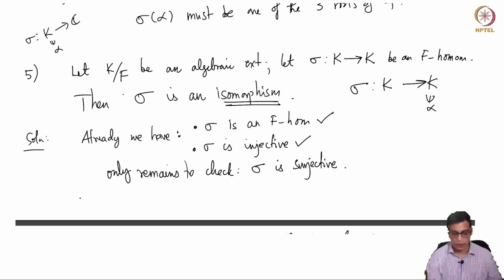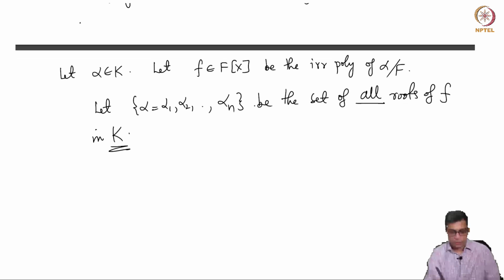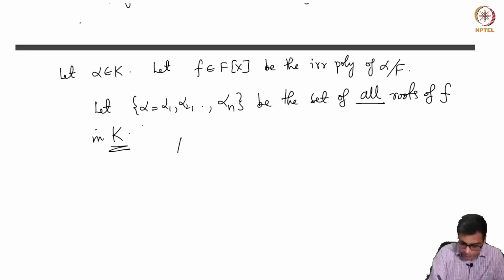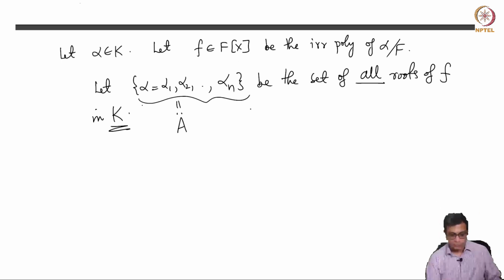All we know is that K over F is an algebraic extension. So it will have some roots, may not be all roots of f in an arbitrary splitting field. But I don't care about that. I will take all the roots. We know there is one root at least because alpha is there. Let's take all the roots. It's a finite set. That much we know because f is a specific polynomial, its roots will be finitely many. So let's call this set A. So A is the set of roots of small f in capital K.